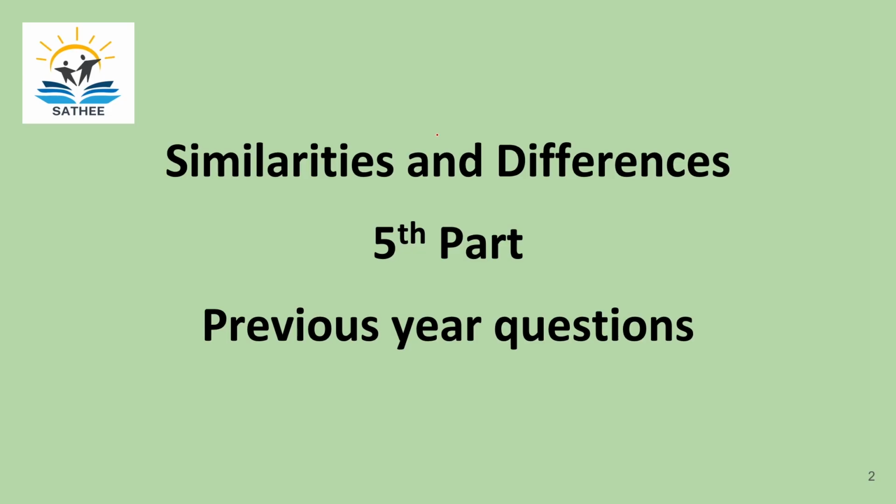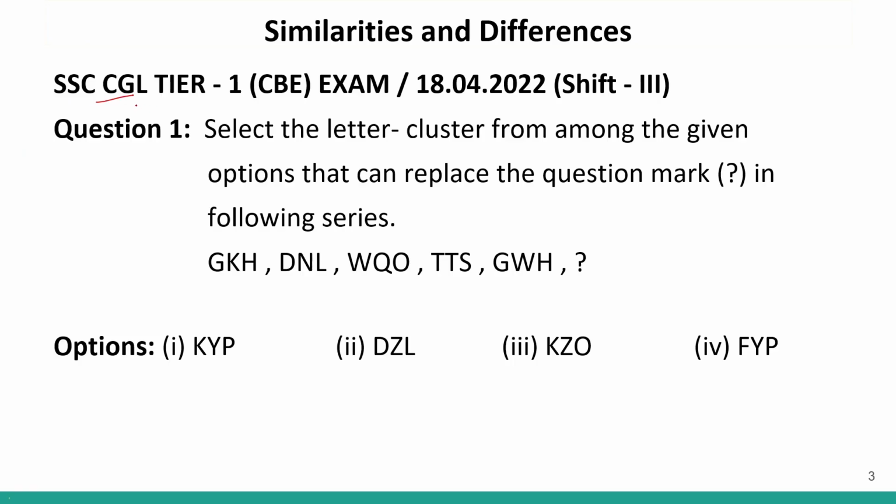So let us start. This question came in this exam. This is given for your reference. We have to select the letter cluster from among the given options which can come in place of this missing element. Now I told you that whenever you get some series like this, you have to treat each element as